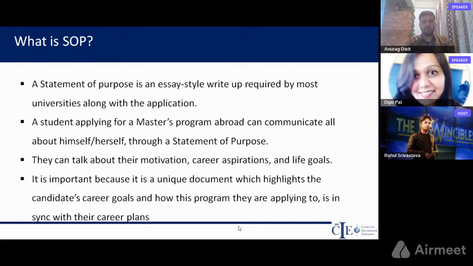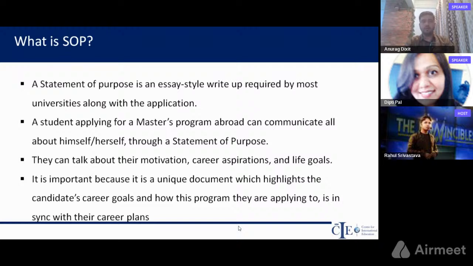Thank you so much. Yeah, let's come to SOP. Let's start from the basics. For those of you who are new to the term, SOP stands for statement of purpose, right? A statement of purpose is an important part of the application. Like Dipti ma'am just informed us about the different weightages, the weightage for a statement of purpose in the application is around 20 to 25%. So it is as important as your GRE exam. It is a very important component and has a very heavy weightage.